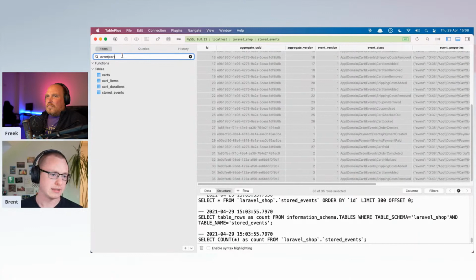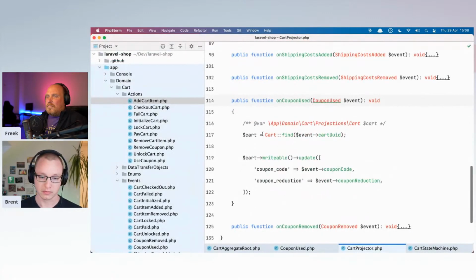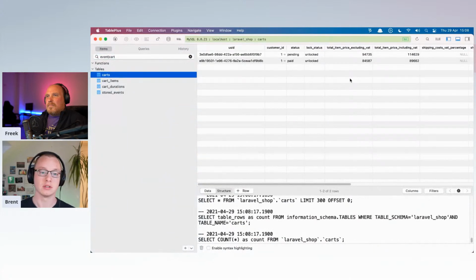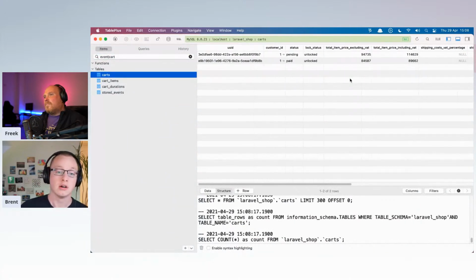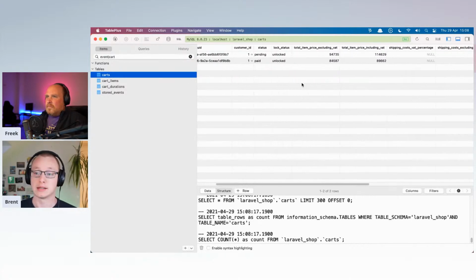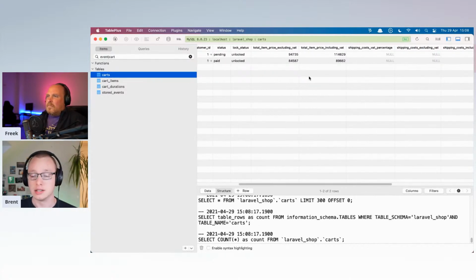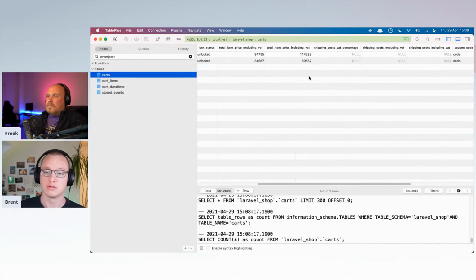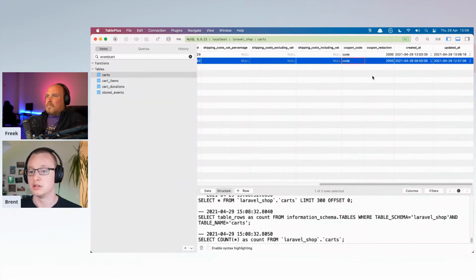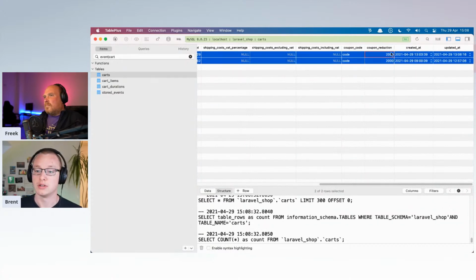So let's look at cards. Cards themselves. So this is the card projection. We could throw this away and replay our projectors, and as long as the events are in our table, all is fine. And you can see that coupon code here, code was used, and a reduction is also stored.